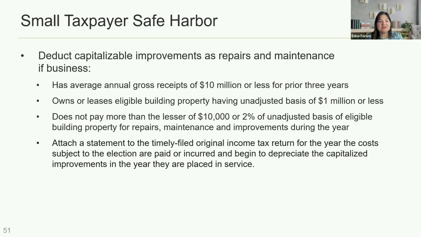And then we're going to attach a statement to a timely filed original income tax return for the costs that are subject to that election. And we're going to list whether or not they've begun to depreciate the improvements in the year that they're placed in service. So we have to capitalize again the cost of making those improvements to the business asset if it results in making the